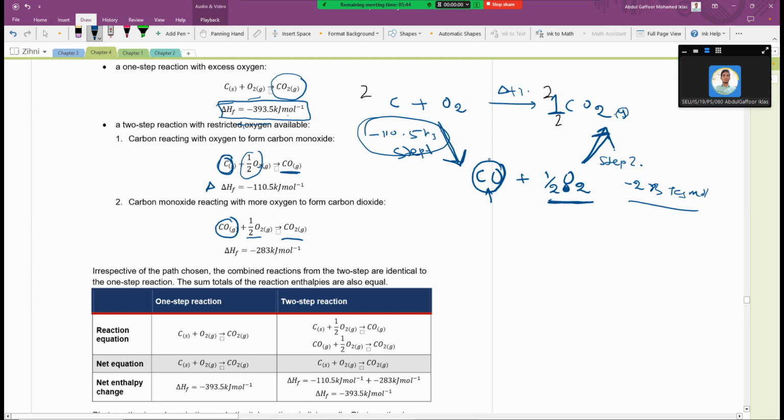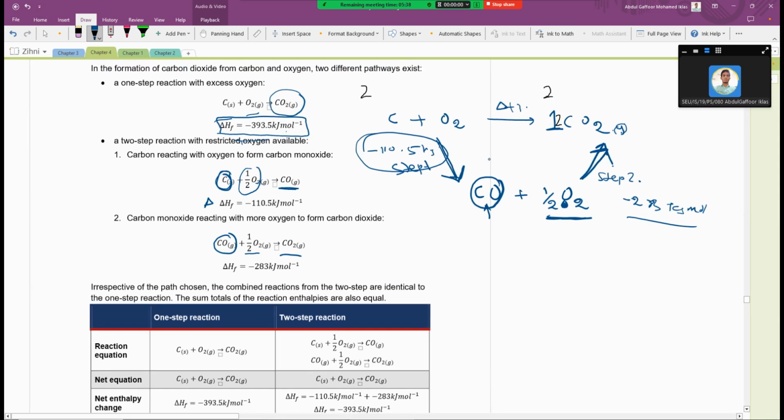Now let's say if we have 2, right? In each step we have to balance the equation. If you look at this step, now we have 1 carbon, 1 oxygen here, 1 oxygen here, totally 2 oxygen, here also 2 oxygen. But in this step 1 mole of carbon